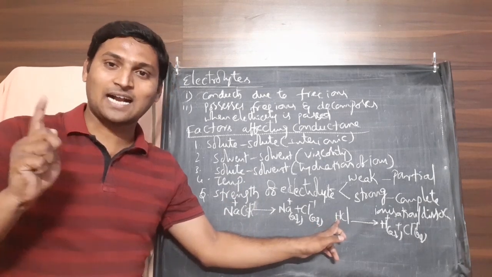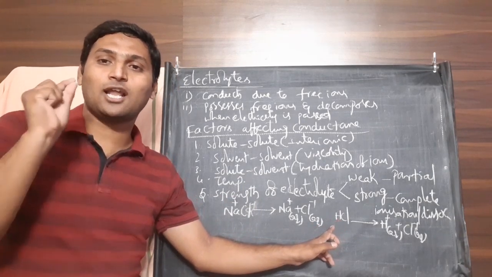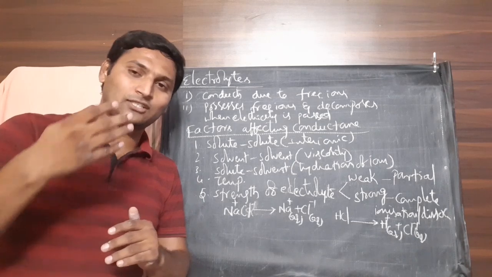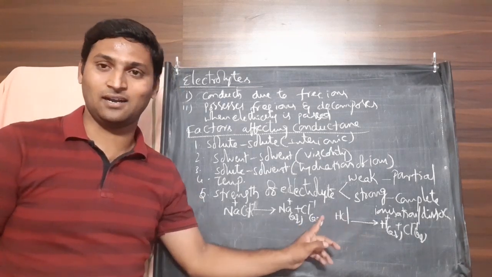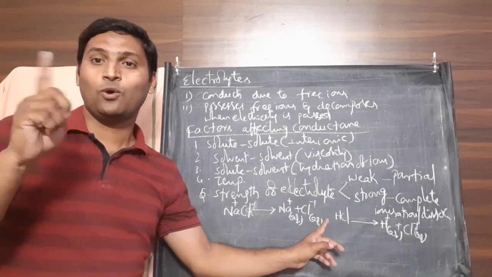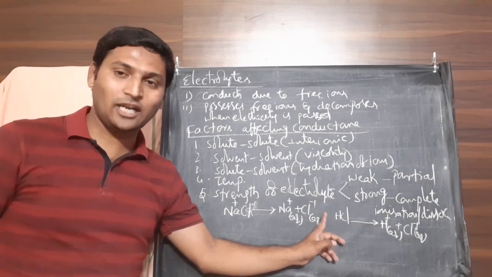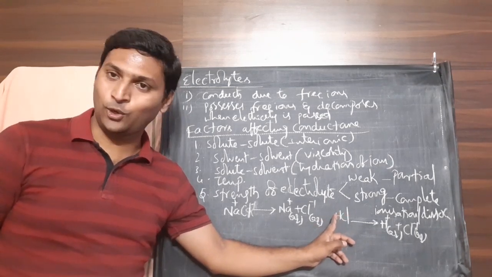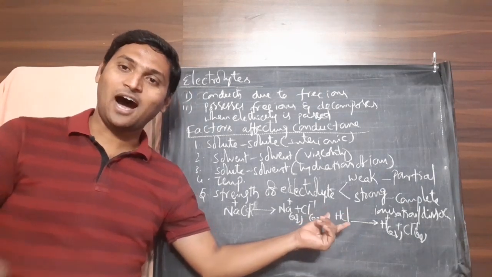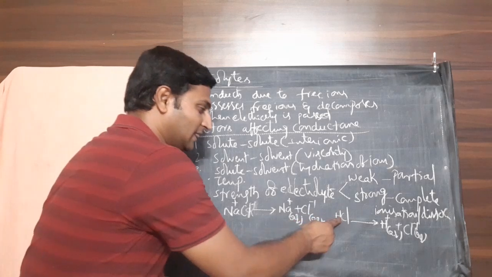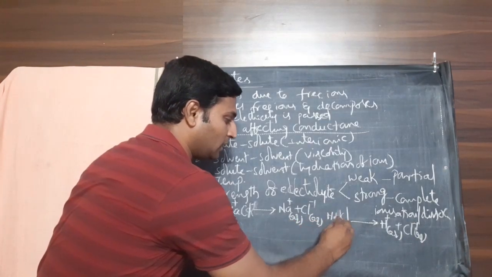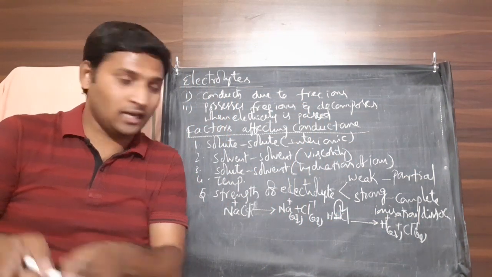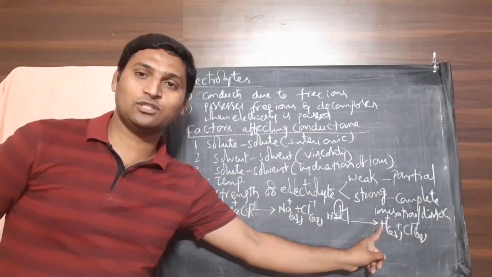Whereas here, the constituent particles are neutral covalent molecules called HCl molecules. No charges. Because of electronegativity difference, you may assign charges here. That is apparent charge. In oxidation states, what you are assigning here is an apparent charge. But actually, does the hydrogen possess positive charge? No. Does the chlorine possess negative charge? No. HCl is a neutral molecule. After you dissolve in water, the covalent bond between the two is completely delocalizing and shifting to the valence shell of chlorine such that chlorine is turning into chloride ion, hydrogen is turning into H plus ion.